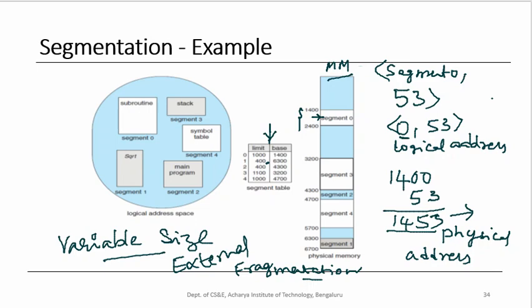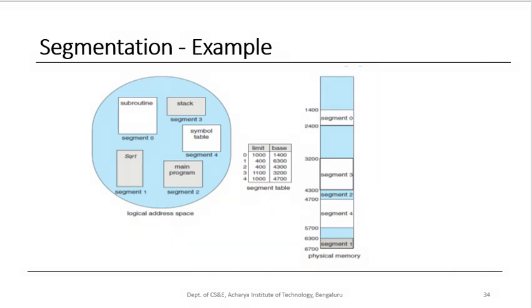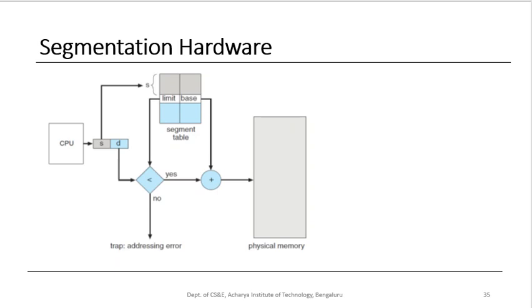in that paging compared to segmentation. Now let me go ahead and introduce the hardware support that the operating system gets for realizing segmentation. Let me go to the next slide. Like I told you, the logical address will have two parts. One is the segment number, S. And what is D? This is the offset of the byte that we are trying to access from the physical memory. You can call this displacement or offset.